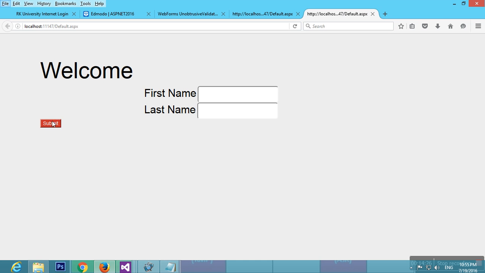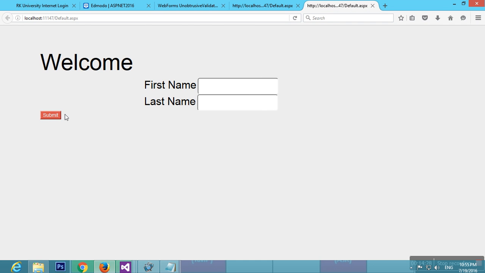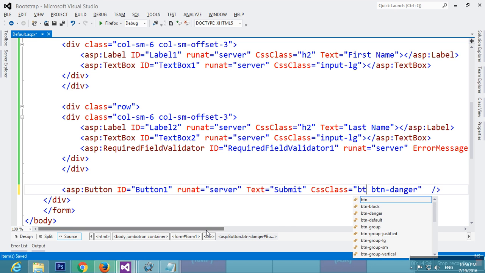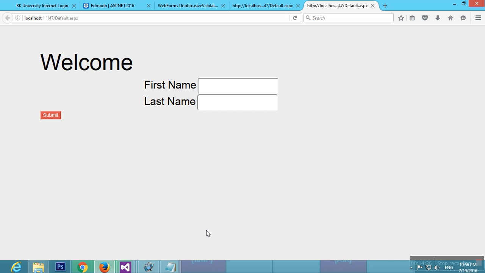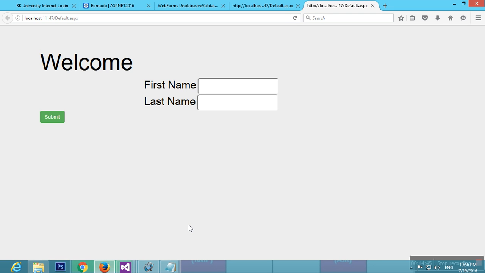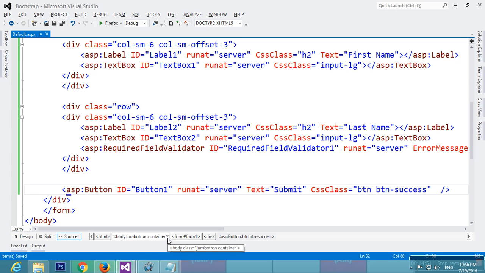So you know all the Bootstrap classes. You can use various classes, and using those classes you can provide appropriate visible things that happen in a web page like this. There are so many possibilities like this. So this is how you can use Bootstrap in ASPX pages. Thank you.